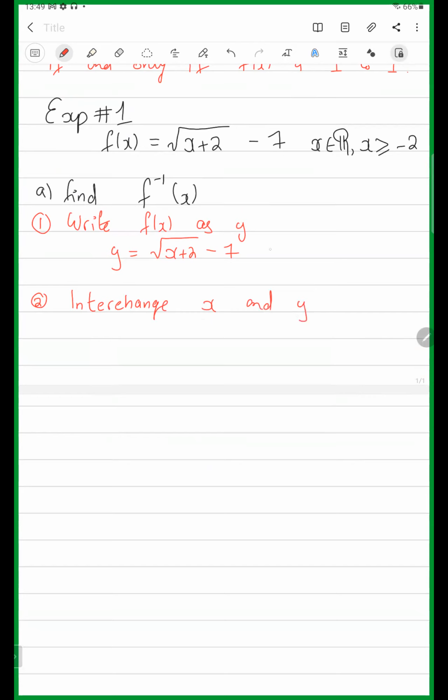So this is the equation. Now I need to interchange x and y. This would become x and this would become y. So it is x equals root y plus 2 minus 7. I have interchanged x and y. And the last step, or the third step, is